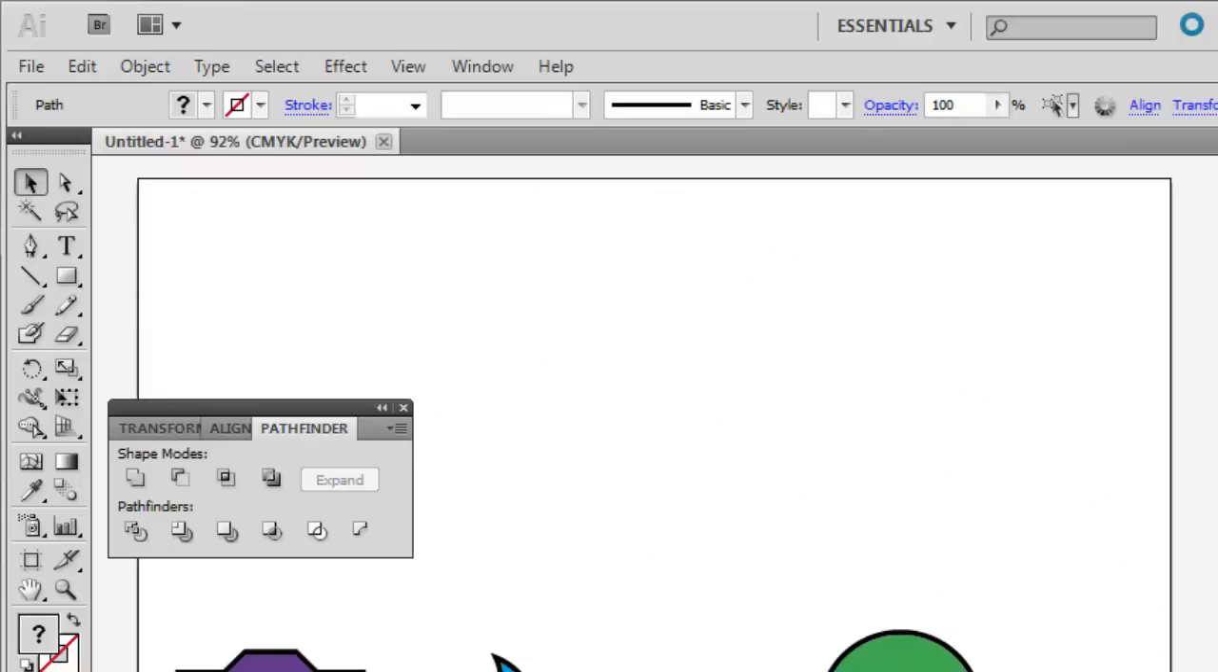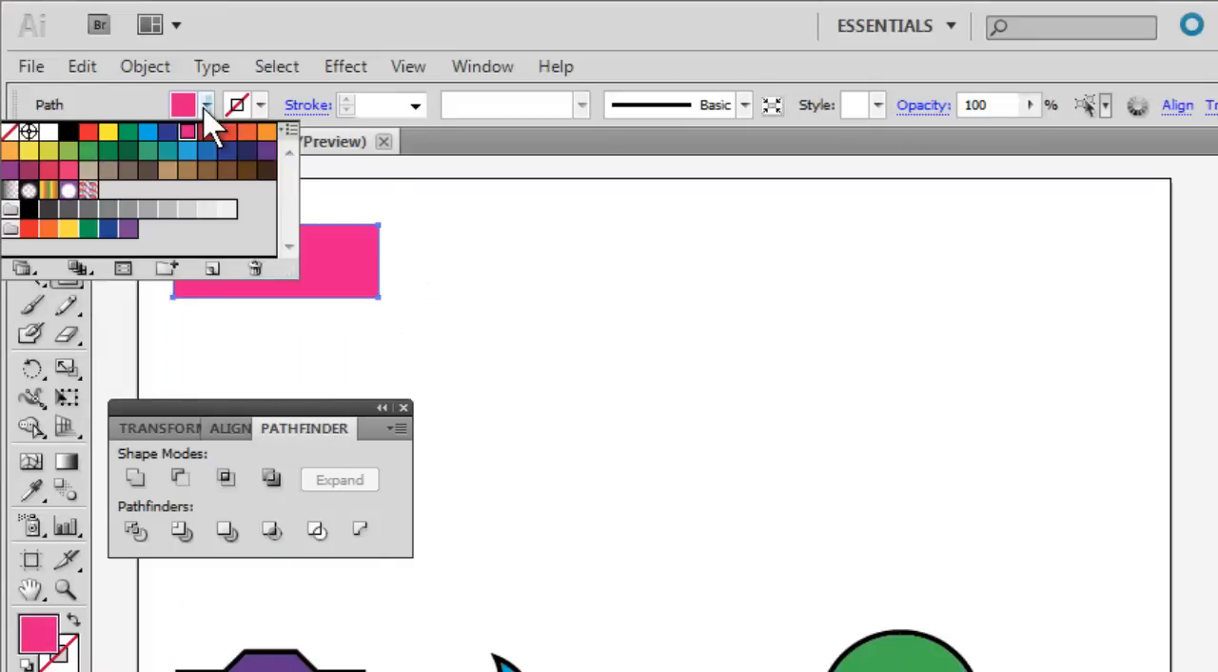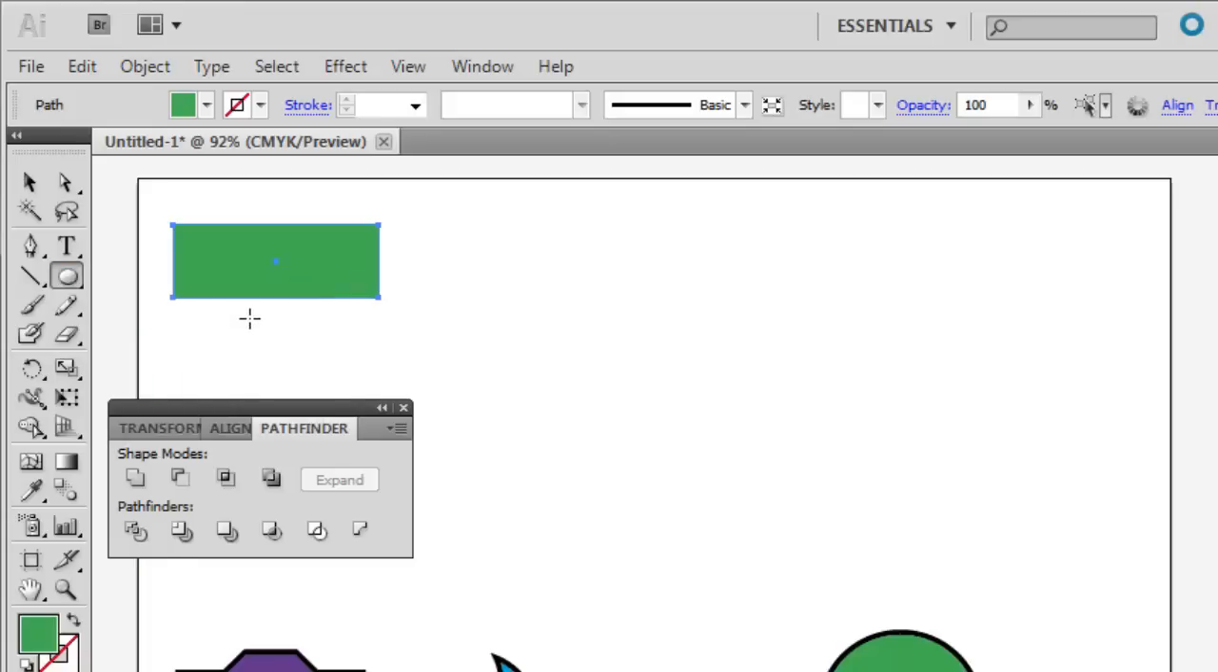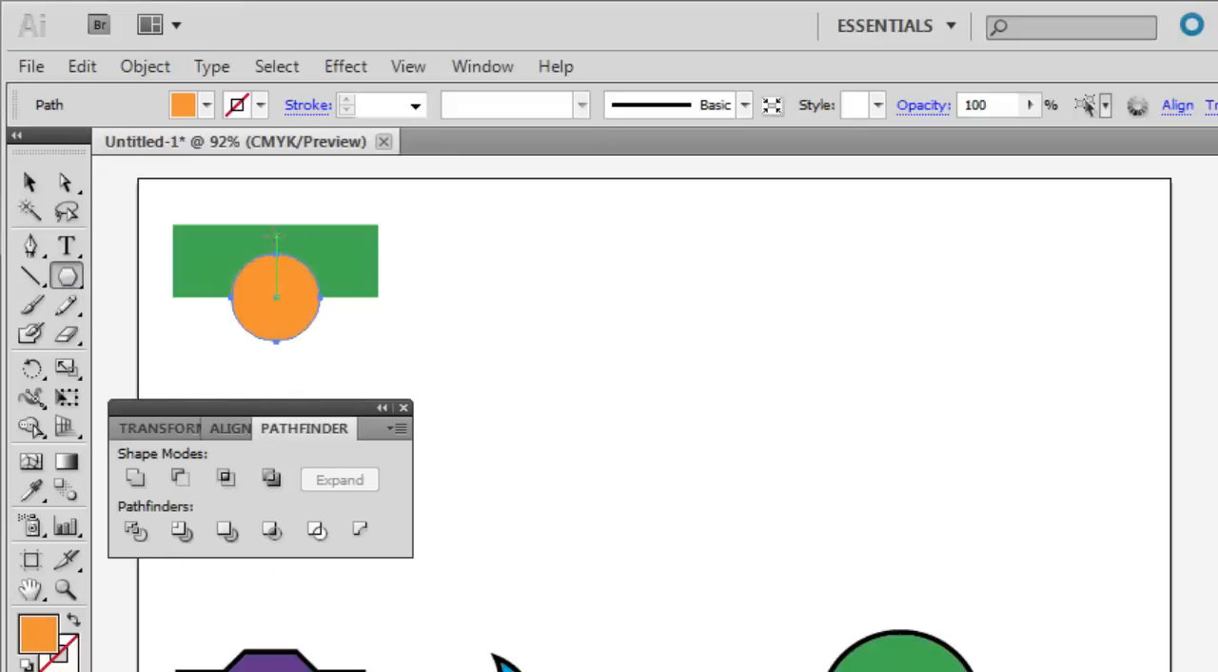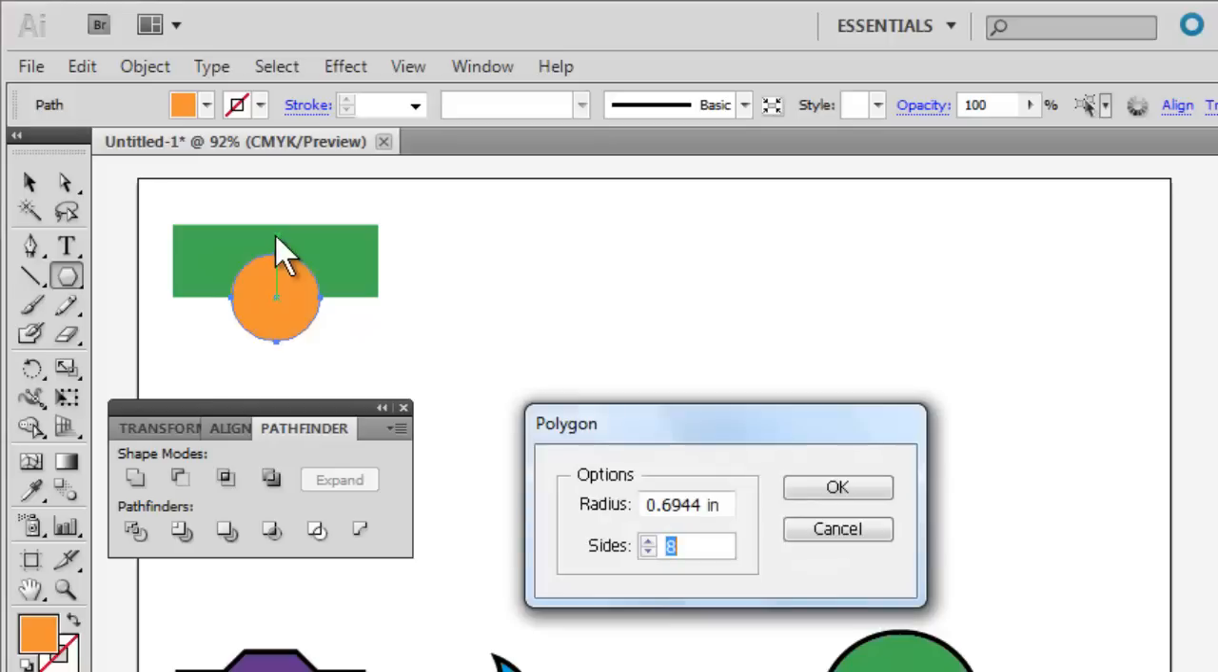And now we're going to look at the crop Pathfinder. For this, I'm going to use three different shapes. I'm going to start with a rectangle, and we'll go ahead and change that color. I'm going to add an ellipse, and in this case, I'm going to hold down Shift and create a circle. And then I'm also going to use the polygon tool to create a triangle. So I'm going to click here at the top, just once, change the number of sides to 3, click OK,